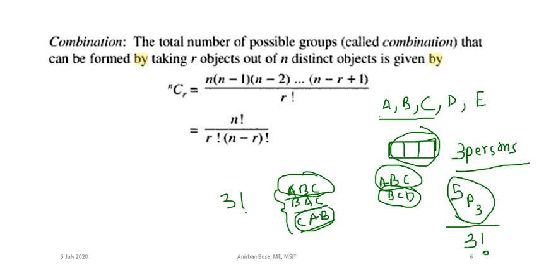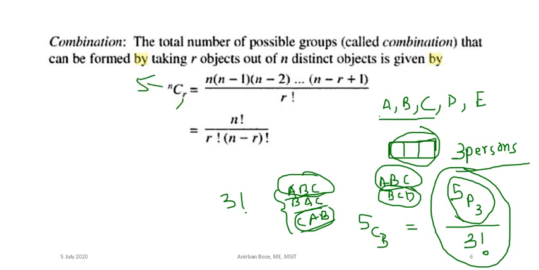Okay, so this particular thing in terms of combination is called 5C3. Here you can see nCr, that means if there are a total of n, and in our case n was 5, this r in our case was 3. The top portion corresponds to the permutation part, divided by r factorial. That means we have divided by all the arrangements possible among them. So this is nCr.